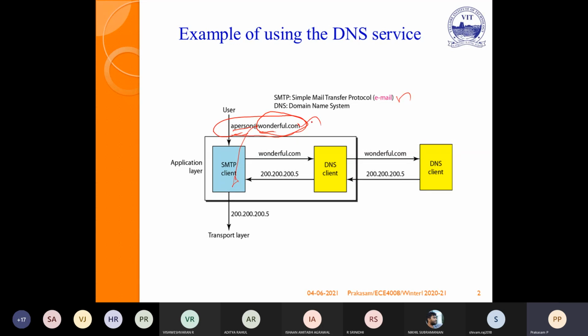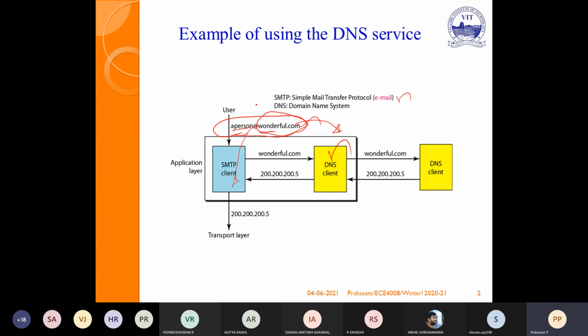To access wonderful.com, it needs the DNS server as well as the DNS client. Gmail, wonderful, yahoo.co.in, even vit.ac.in, all these things are nothing but the domain name space or domain name systems.